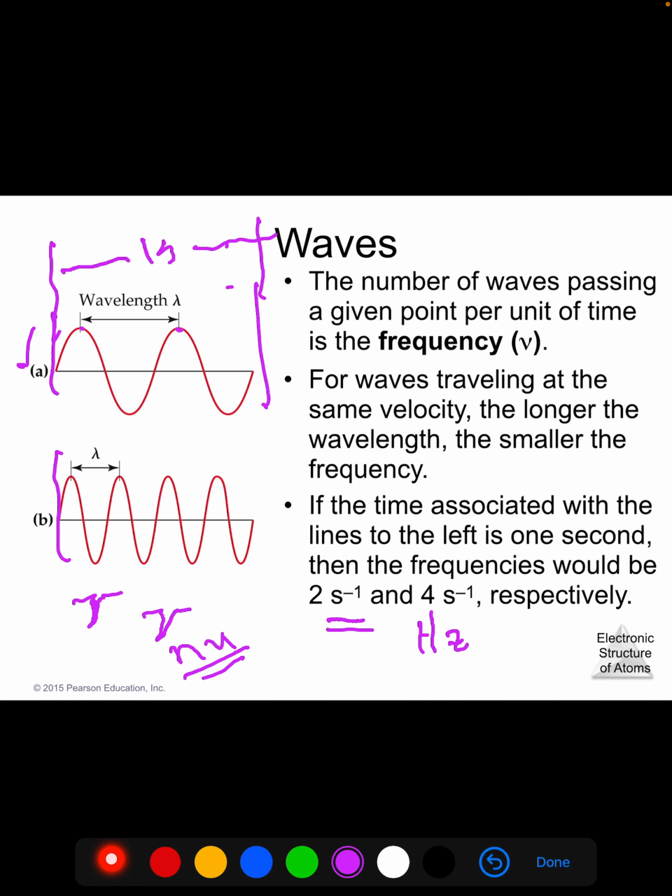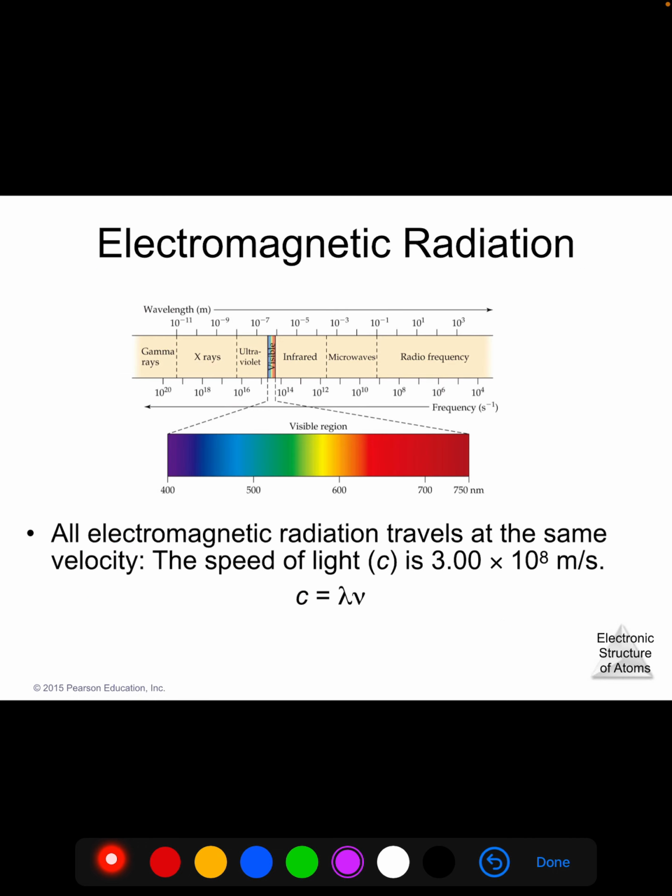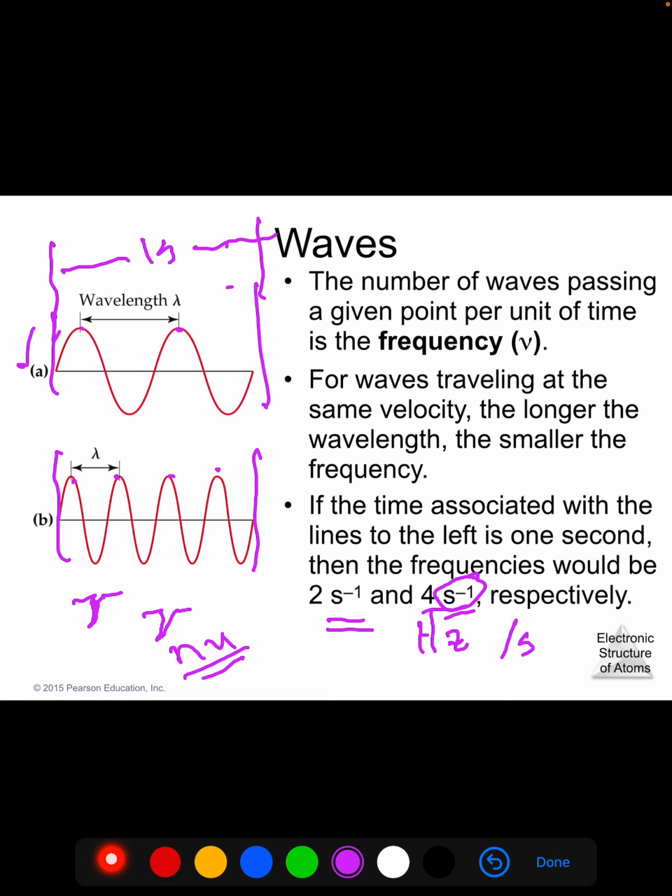and here's one that comes by 1, 2, 3, 4 times in 1 second. So it has a frequency of 4 per second. So we can write this per second, second to the -1, 1 over second, however you want to depict it. And again, this is in hertz. Now, these two values, the wavelength and the frequency, are related